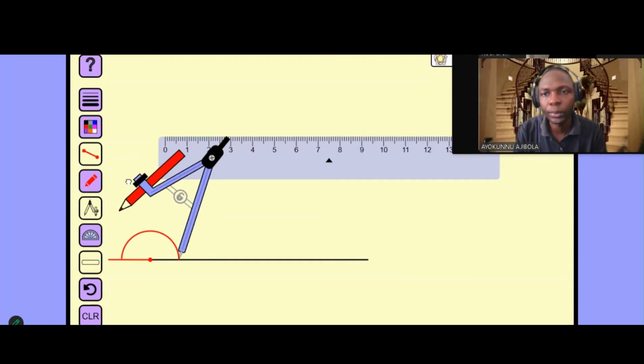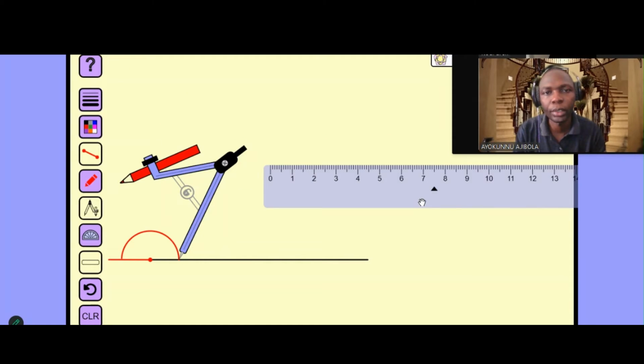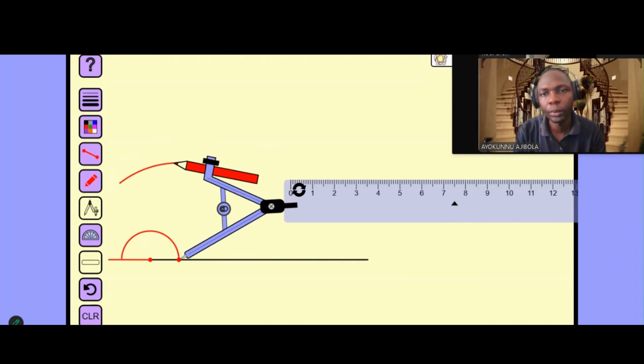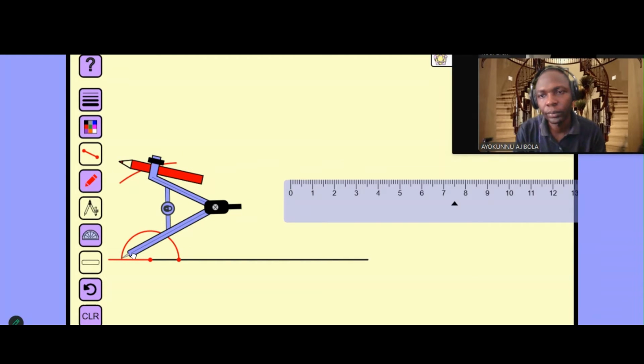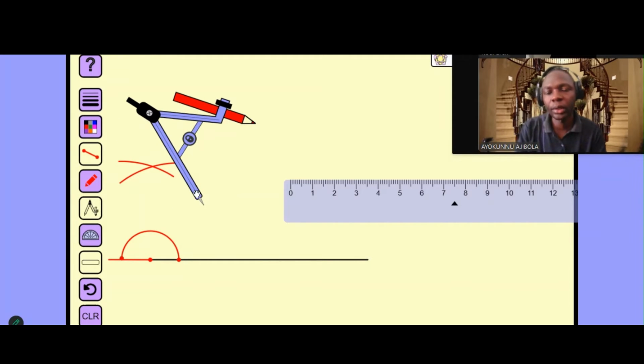Yes, sir. And I open this up this way to bisect. Meanwhile, let me remove the ruler a bit so that I can lock it and make an arc up there. Then I move to the other hand to also make an arc to counter that other arc, such that if I join these together,